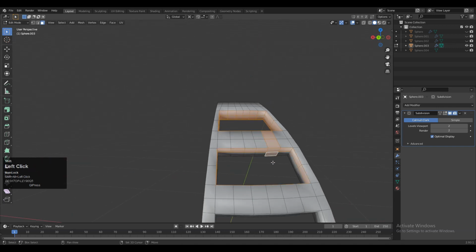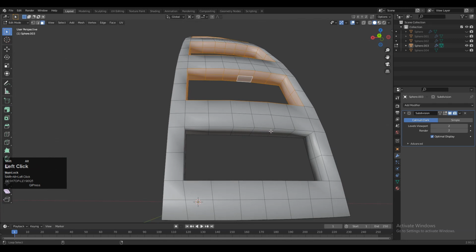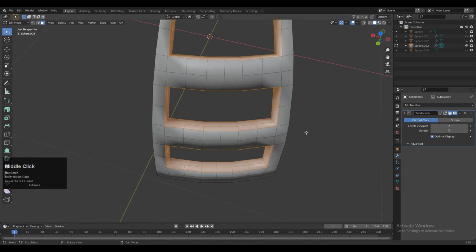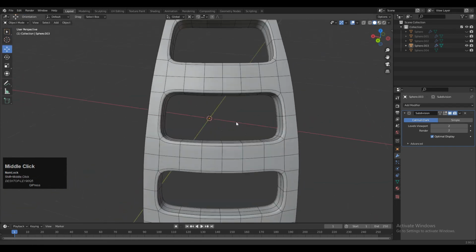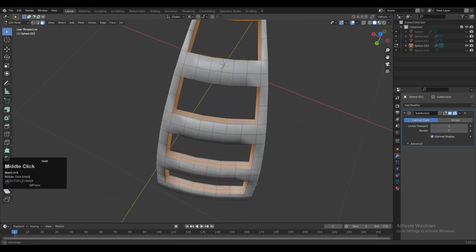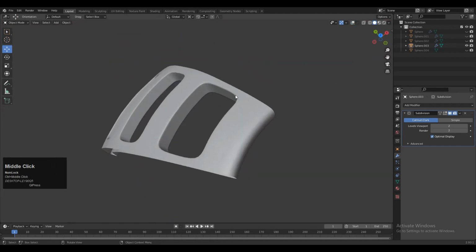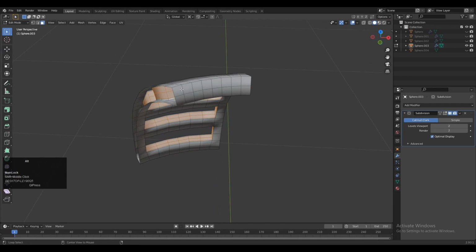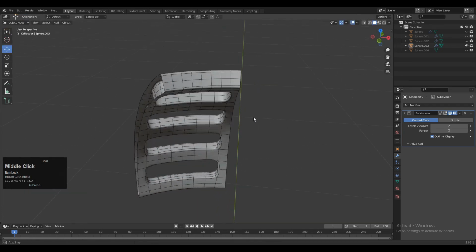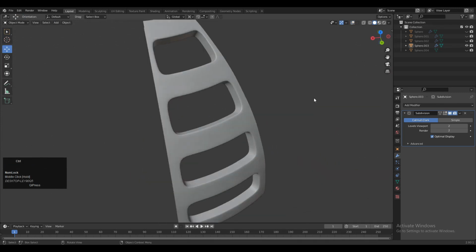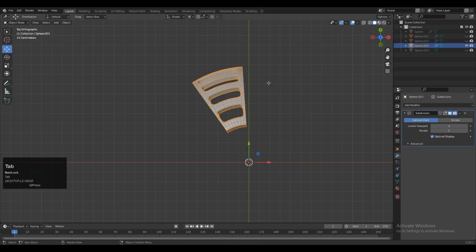So select these face loops and then you need to press I for the insert operation just to add more loop cuts there. And now we are getting a decent form here. Then you can see that looks pretty well. Just add a few loop cuts here. So press I for the insert operation, then press B to avoid that border, and then you can add the loop cuts like this. And then go to the top view, go to the edit mode, select everything, Shift D